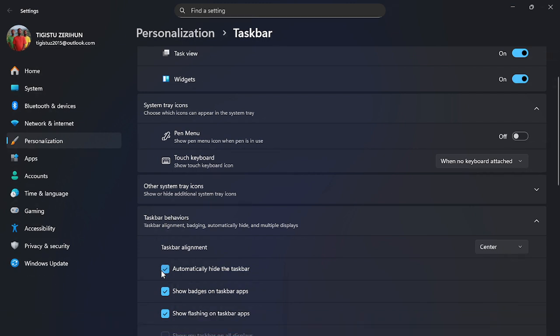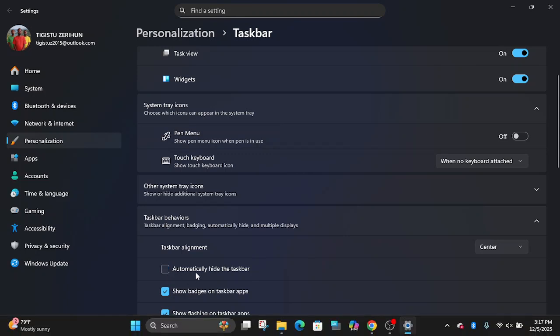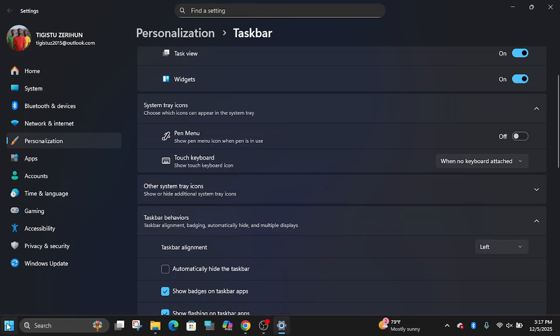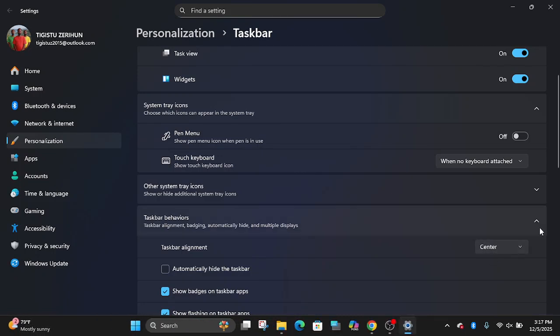When it is hidden, you want to hide the taskbar. When I check this mark, I'm saying yes to the computer. No, uncheck, don't hide. Then for taskbar alignment, I choose center, the position, the center. I can make it here, the taskbar behavior left, on the left side. Mostly before Windows 11, it is on the left side. We can make center, but by drag and drop, we can change also the position.